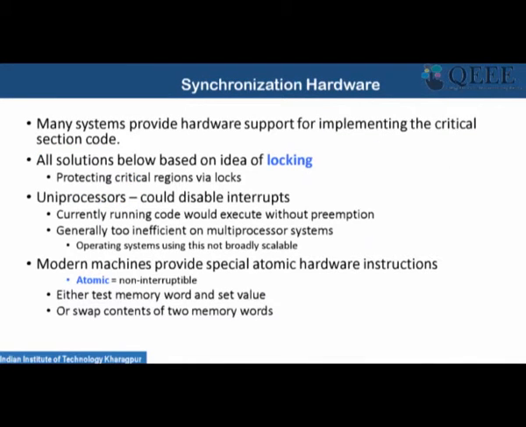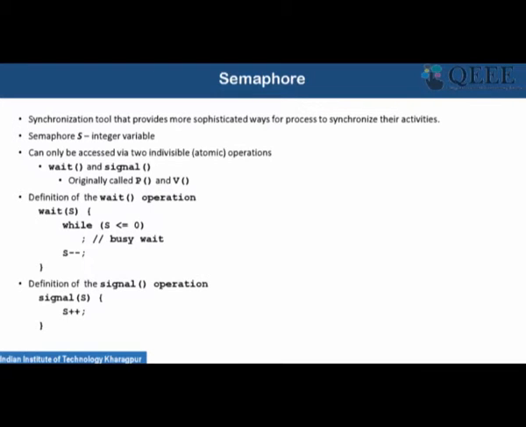Now there are multiple ways of handling this critical section problem. There is something called the Peterson solution. There is synchronization hardware, special hardware support to handle the critical section, which provides some method of locking. These basic methods I am skipping for the interest of time, and I am directly going to the concept of semaphore, which is used in most of our modern operating systems to handle the critical section problem.